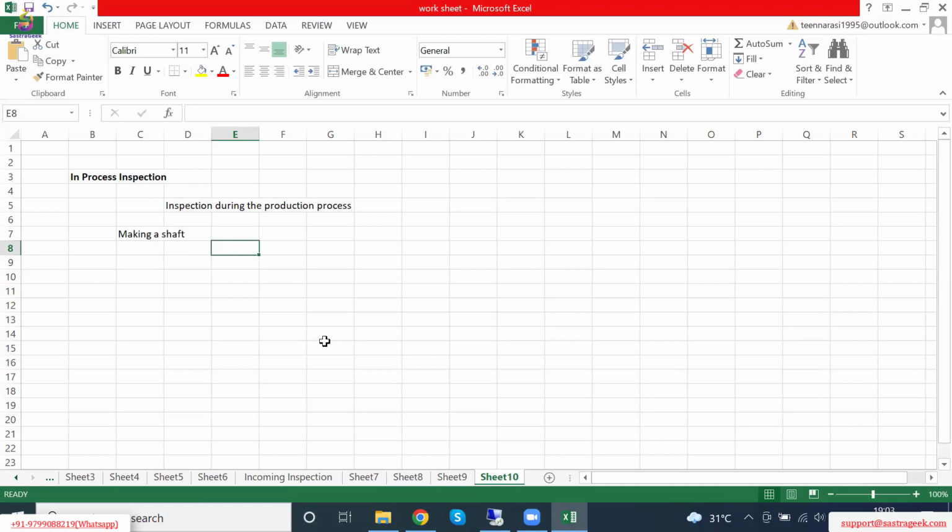Bar stock is a big rod or big metal square that you can buy from someone in bulk, and you keep it as stock. Then you pick that and cut it through a machine, or do some machining activities, and make it into a shaft. That can be used in pumps or any other motors. So now to make